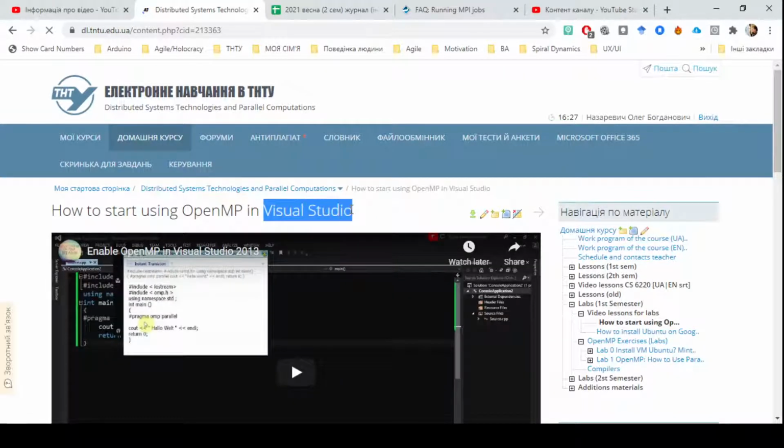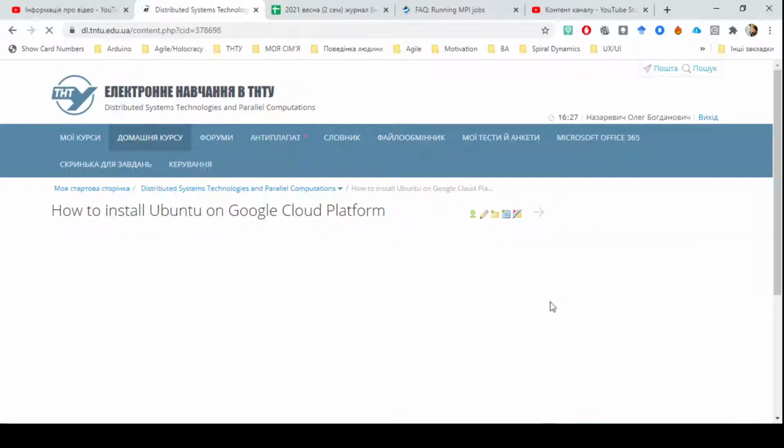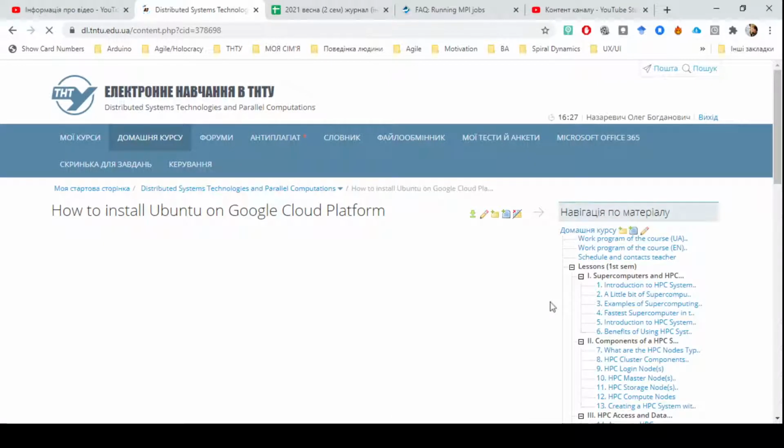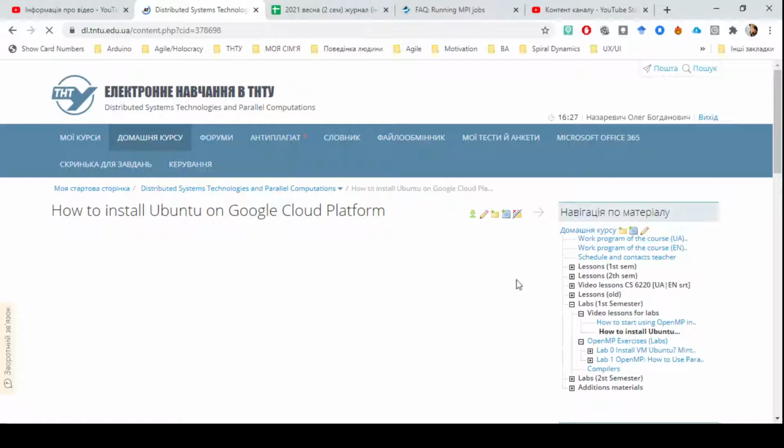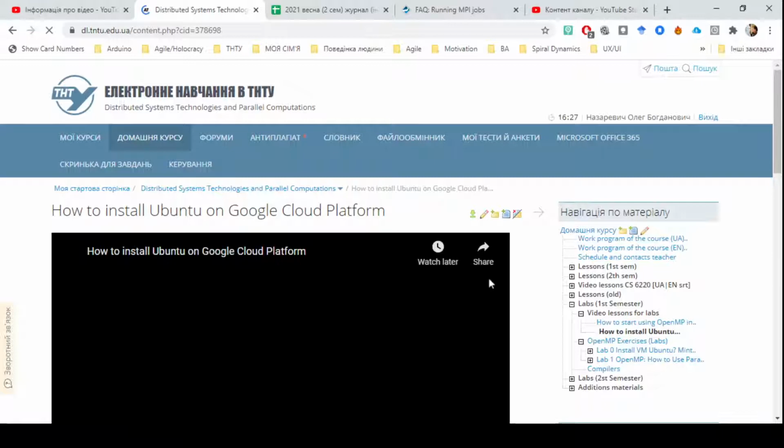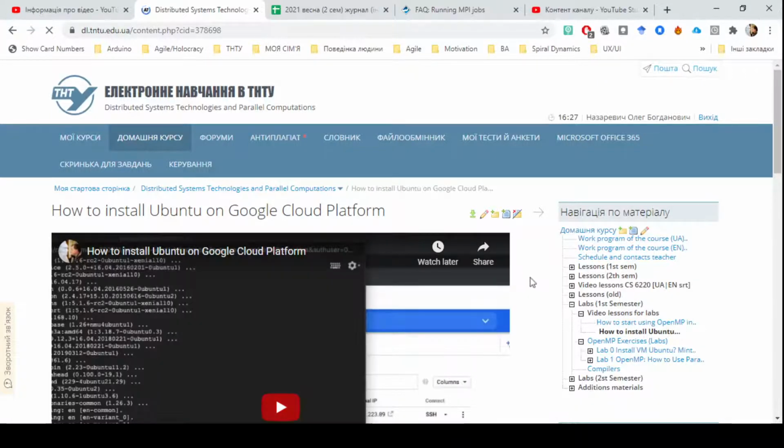If you want, you may enable the OpenMP library in the Visual Studio IDE, or you may continue running in a virtual box, for example, and in the virtual box install the Linux operating system,